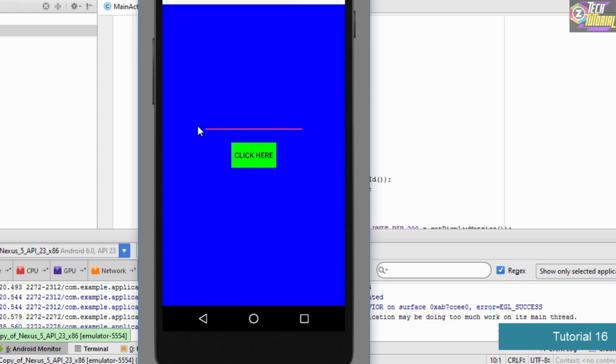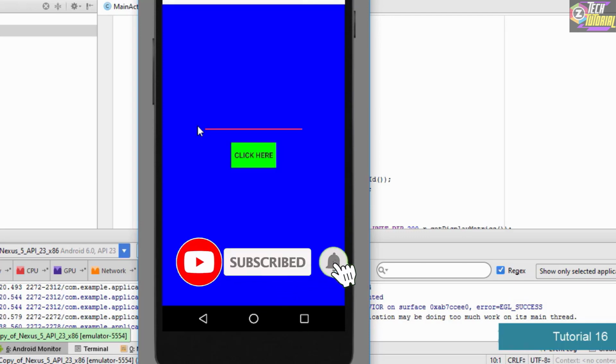As the name signifies, DIPs or density independent pixels are independent of the density of your phone. So for example, if your phone is densely populated with pixels, or if it is less populated, it is not going to make much difference, and your layout is going to stay consistent on each and every device. That's why we convert the density independent pixels into pixels, so that our interface stays the same on any device.